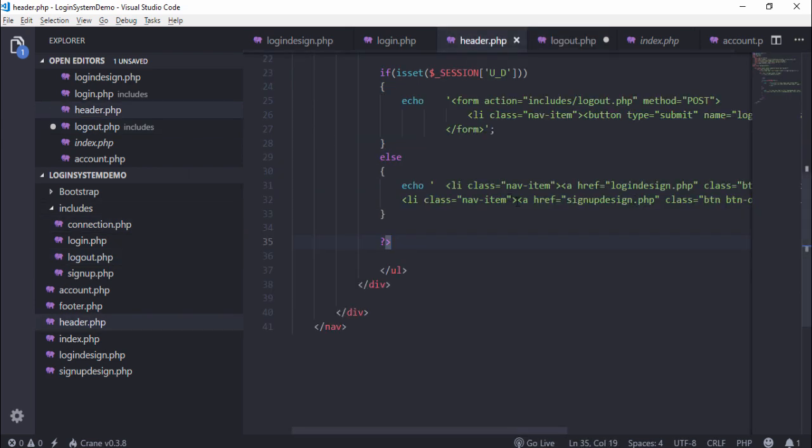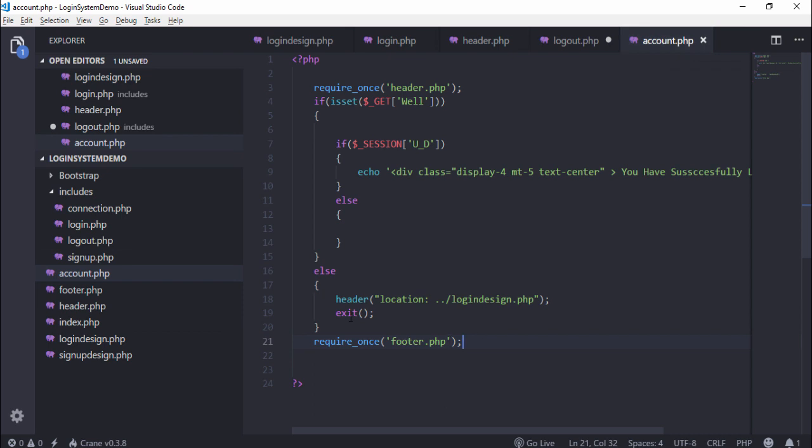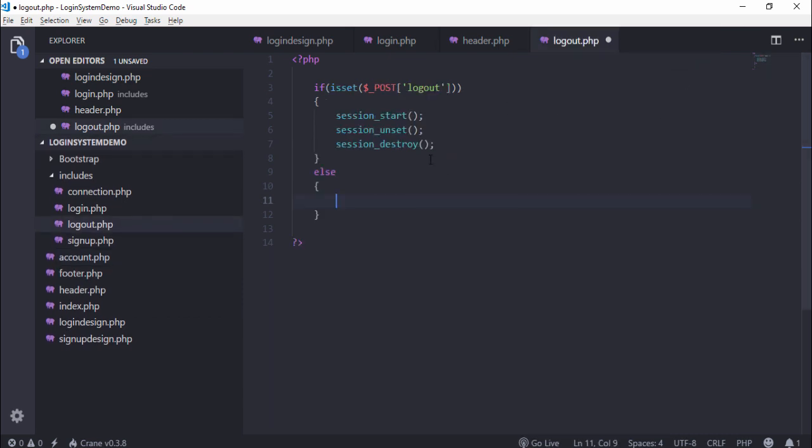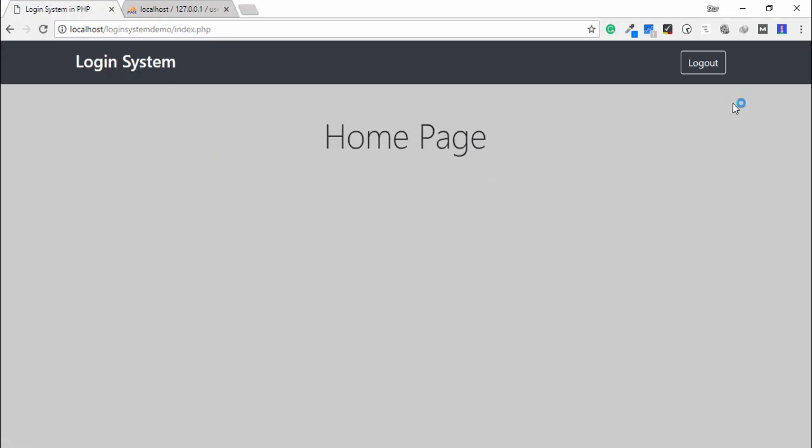First I go to the logout index, where I close our other files and copy the function, and close the account file, go to the logout. First I paste the method and redirect to the home page, /index.php. This is our home page. If anyone clicks on the logout button, then they will be redirected to the index page. I just check it, save it, and in the browser I call index.php. This is our home page. Now you can see a logout button has appeared. I click on it,